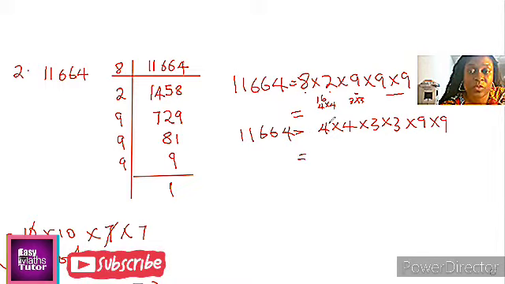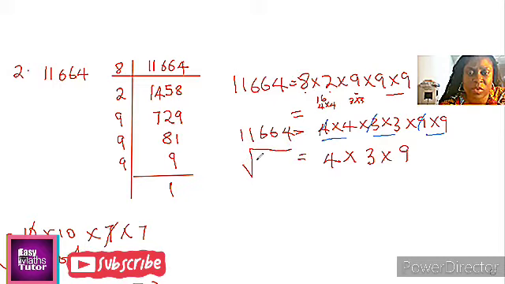11,664. So now that we have different pairs, we're going to cross out one out of each pair, which will give us 4 times 3 times 9, which is the square root of 11,664. So our final answer will be